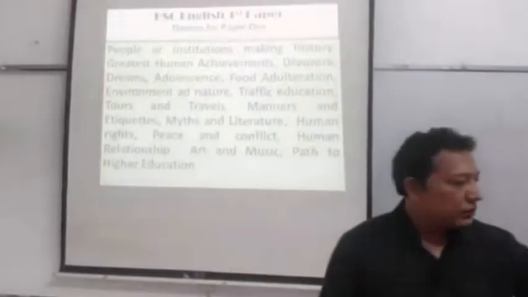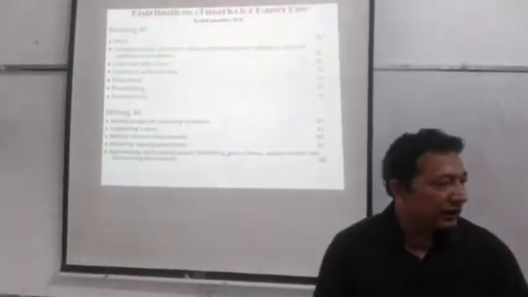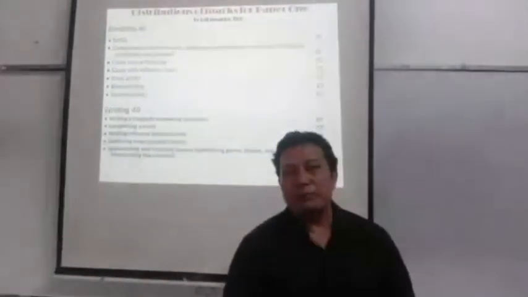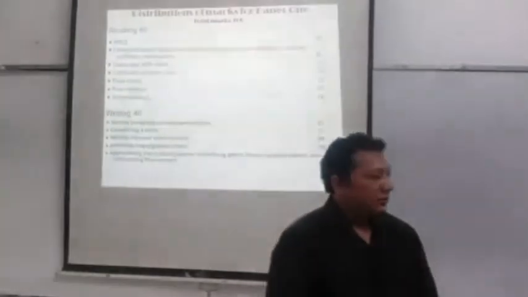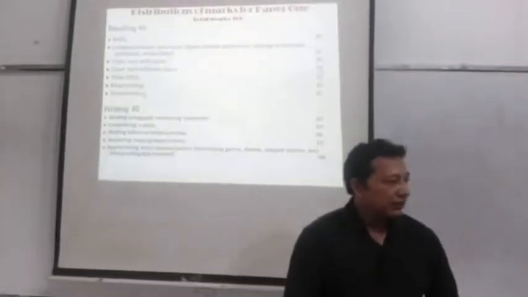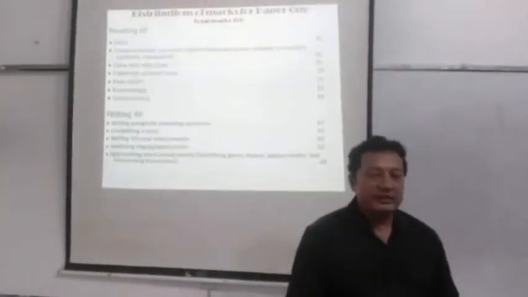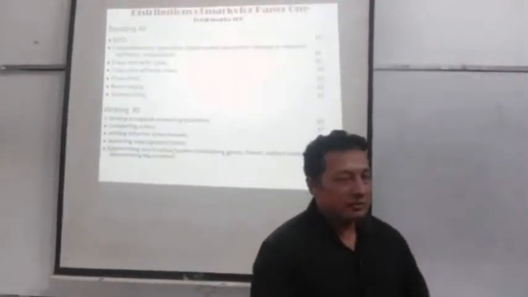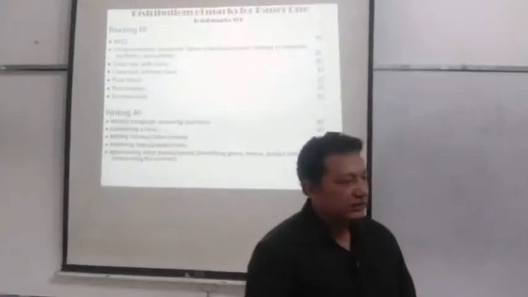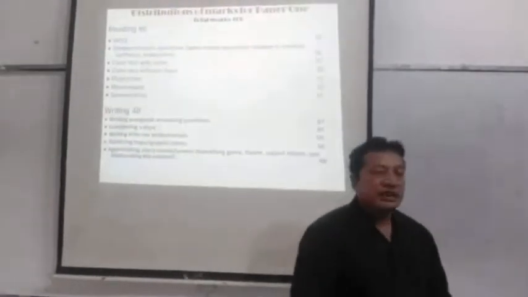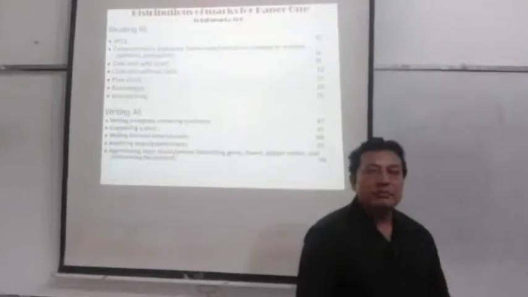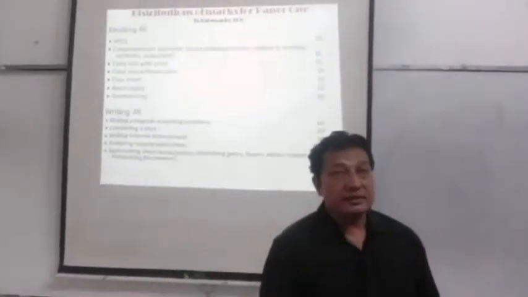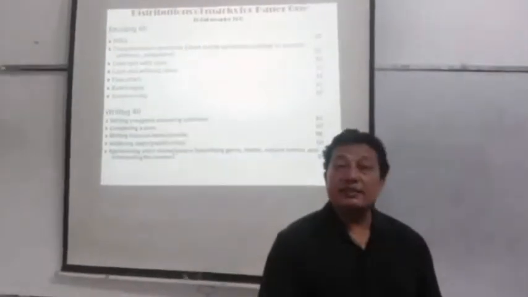And you know, my dear students, next we would like to focus on the distribution of marks for paper 1. Here, like your previous classes, you will get two parts, reading and writing. For reading skill you will get 60 marks, and for writing skill you will get 40 marks. The first one is MCQ, and you will get 5 marks. That means multiple choice questions. You will be given 5 multiple choice questions from the passage, and of course you have to answer the multiple choice